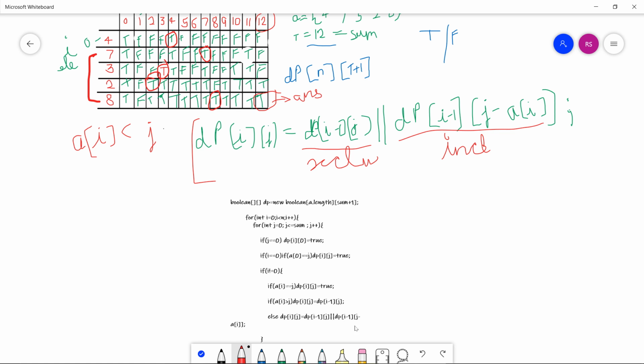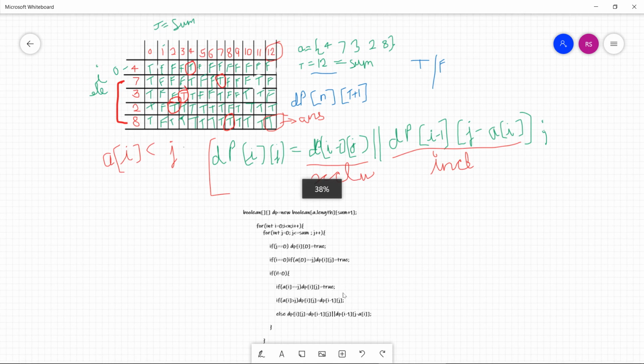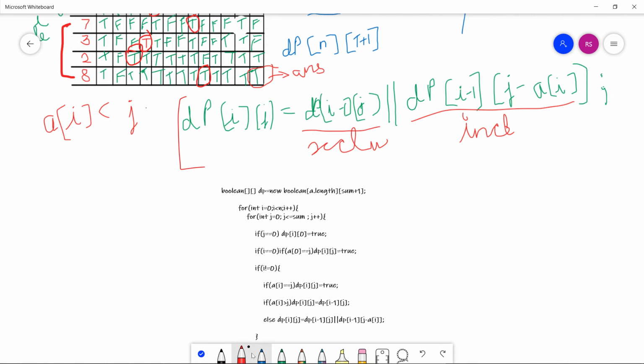And in this part, yeah, now it is showing perfectly. If j is greater than ai, we apply this formula: dp[i-1][j] or dp[i-1][j-ai].